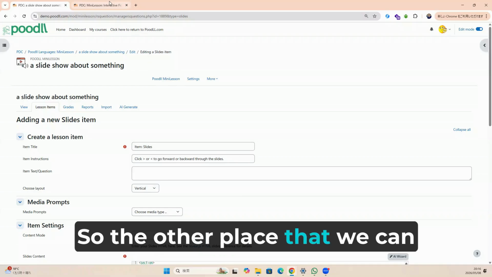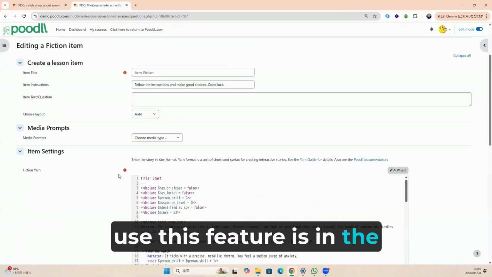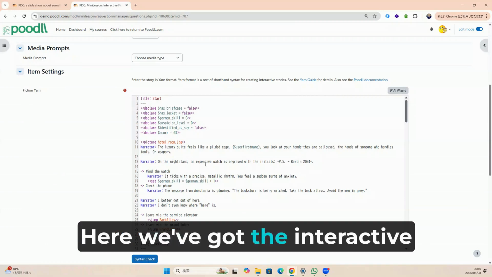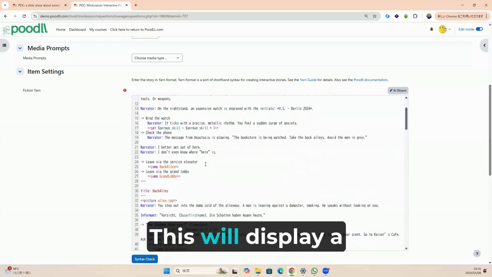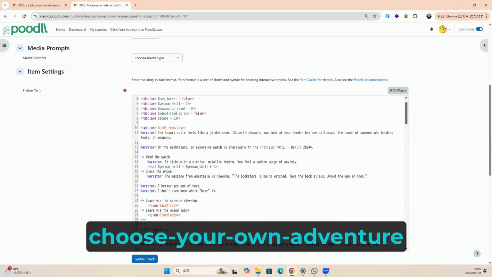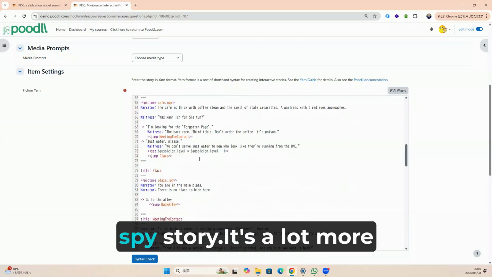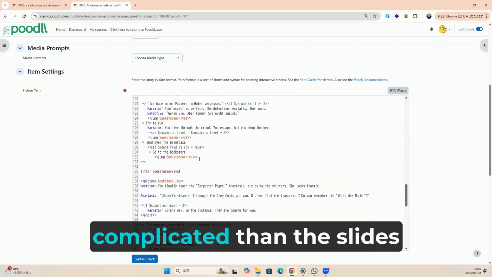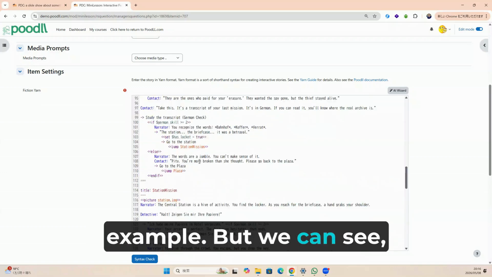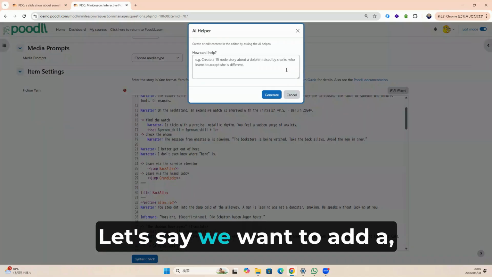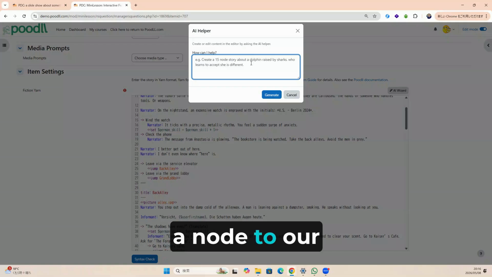So the other place that we can use this feature is in the interactive fiction. Here we've got the interactive fiction item type. This will display a choose your own adventure style story. This particular story is a spy story. It's a lot more complicated than the slides example, but we can see it has its own language called yarn. Let's say we want to add a node to our